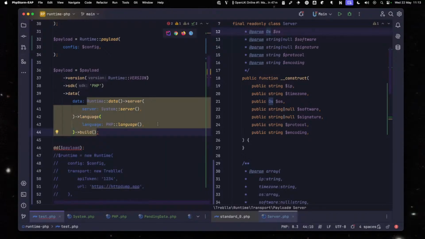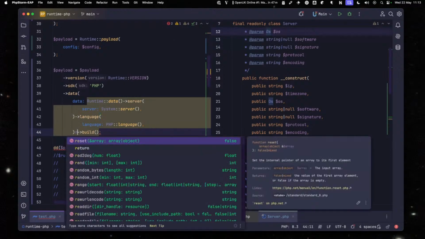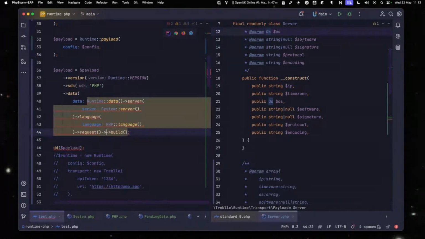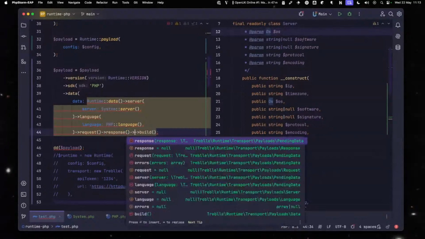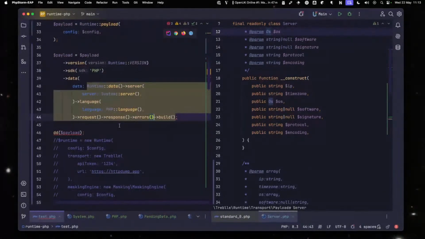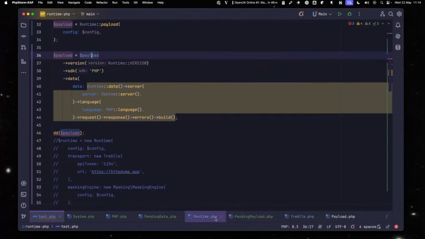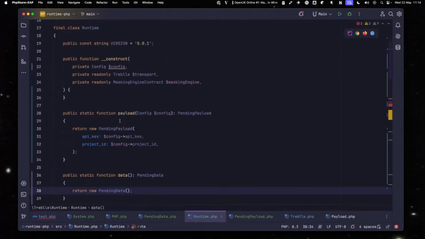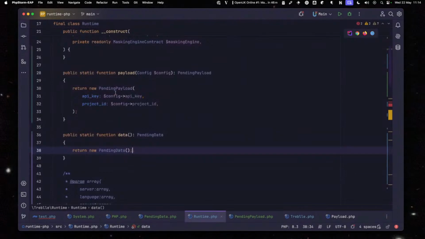What we're going to want to do is say the request, response, and errors are all going to be built differently. So a lot of this stuff can be done really early on. What we realistically want to do is this: this pending part needs to be elsewhere. We aren't going to pass that in. So this payload here,